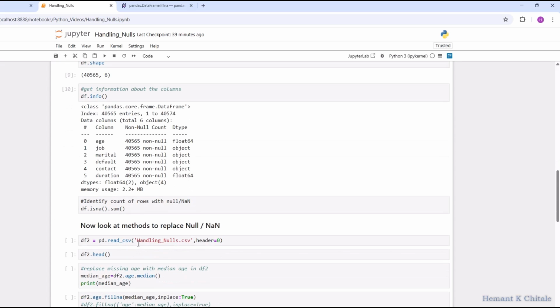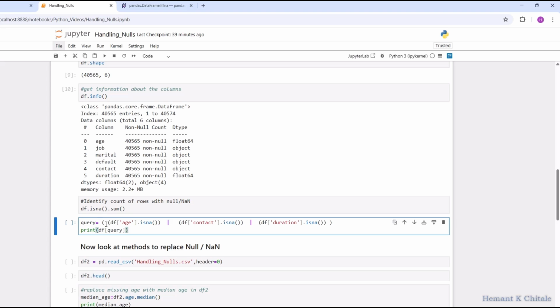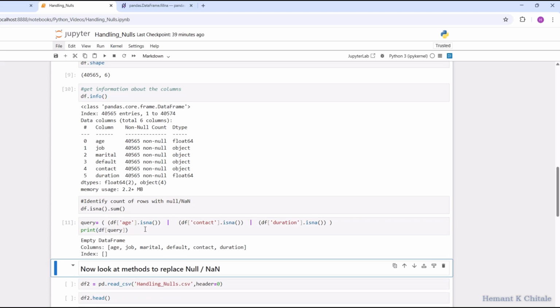Let's just try to run that query again here. Create a new cell and run it. Okay, so it returns an empty data frame. For these columns, there is nothing where age is null or contact is null or duration is null. So this is one array. There were 11 rows with either one of these or both of these or all three of these columns having null values. We just remove them